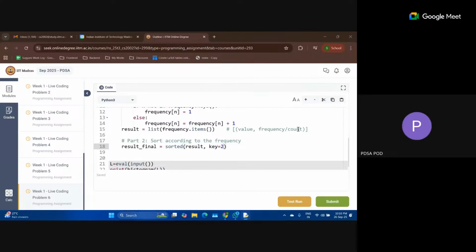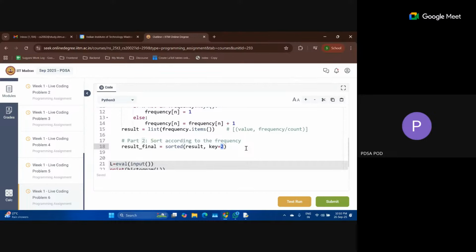In each of these sublists we want to sort according to the second element, which is at index number 2. So to do that, we need to extract the second element from each of these sublists.